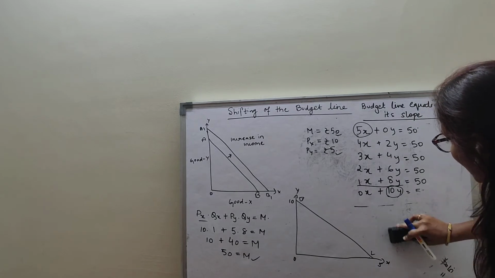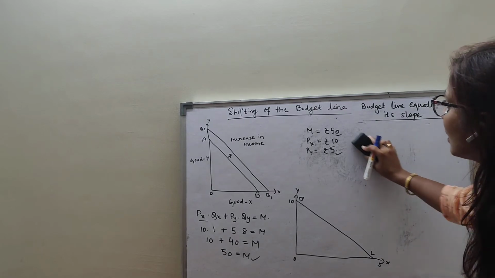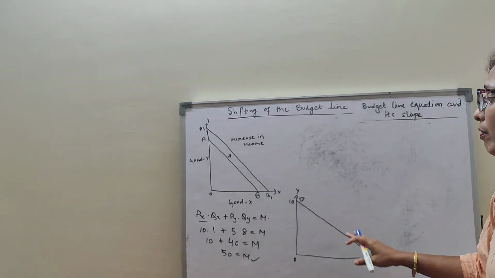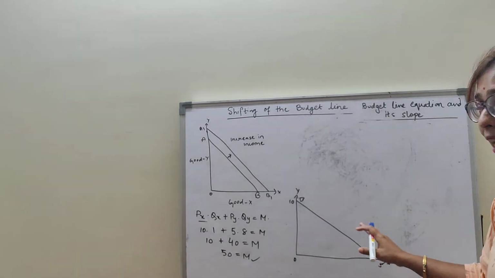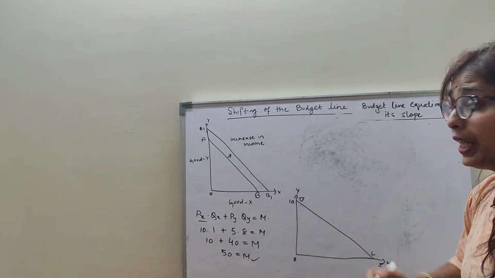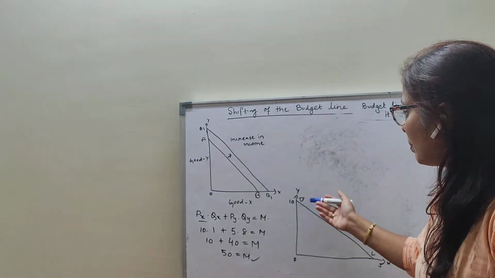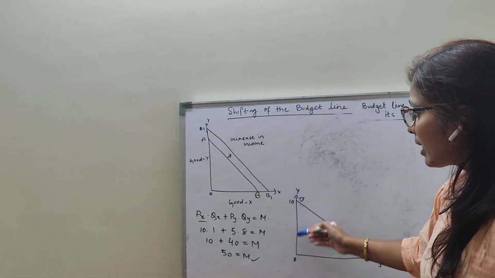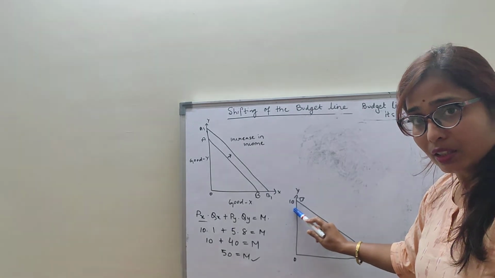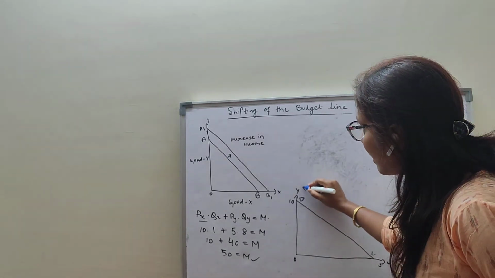Clear? Now, we can see that here BL is the budget line. We can find out any point on the line. We can calculate it with the given equation. Now, let's calculate point B with a different formula. How can we calculate point B with a different formula? On the vertical axis, we know that the maximum unit of Y that can be bought is 10. Clear? To derive the maximum unit of Y, that is 10, we divide income by price.